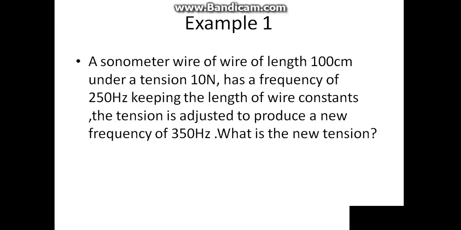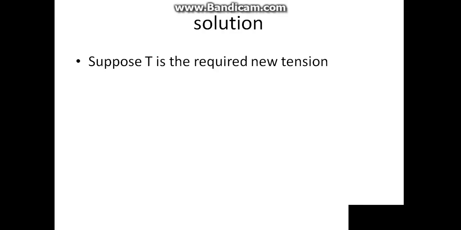Keeping the length of wire constant, the tension is adjusted to produce a new frequency of 350 Hz. What is the new tension? Solution. Suppose T is the required new tension. Since F is proportional to square root of T, therefore